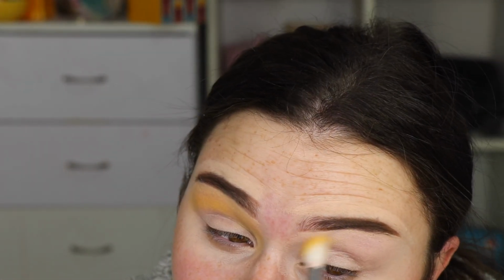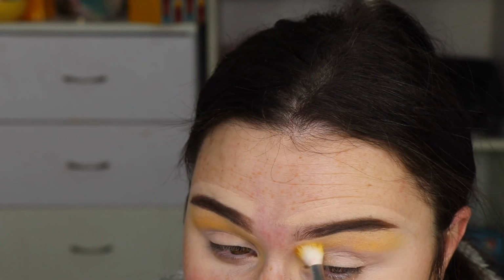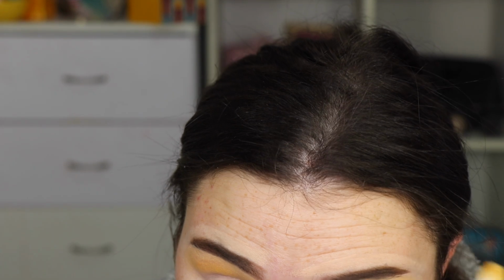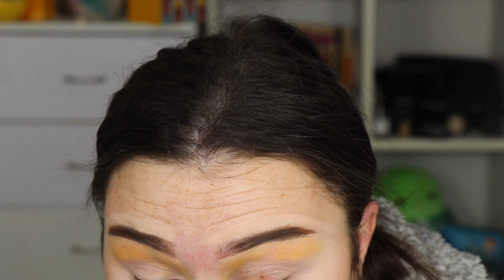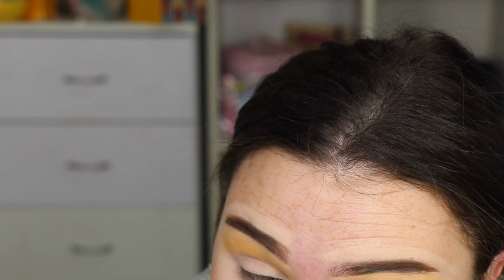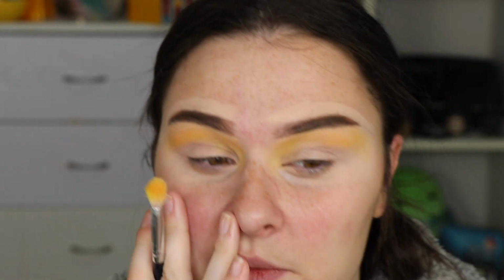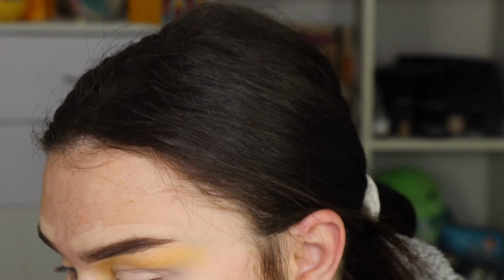I do really like Colourpop shadows. They are some of my favourite. I'm getting a little bit overwhelmed because that's another reason that I feel like I'm on a no-buy as well, is because I just have makeup that is brand new, like this palette for example, that I've had for literal years and just have never used. My makeup to try drawer is just full to the brim, and so I also feel like I need to use up some of what I've got before I start buying anything else. Makeup is just one of those things where there's always something new, and you've got to try and keep up with it, and it can get quite